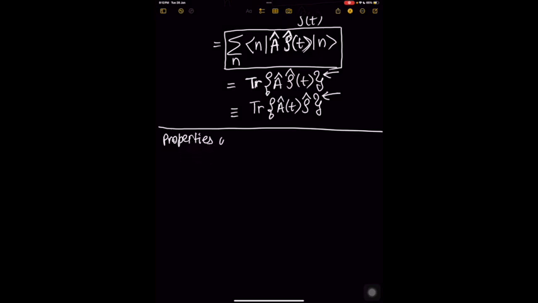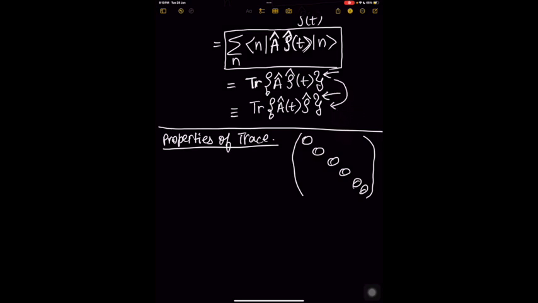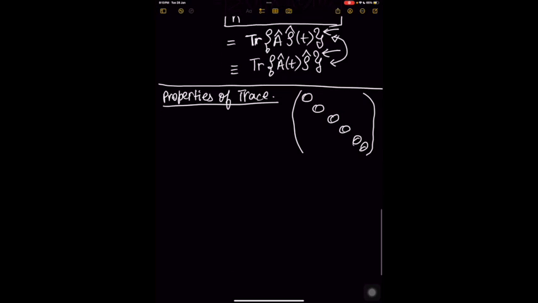Properties of trace. As I had just described, if you have a particular matrix, then the trace is just the sum of all the diagonal elements of that particular matrix. So I will be proving how you can go from here to here after I describe the properties of the trace. So the first property of the trace,